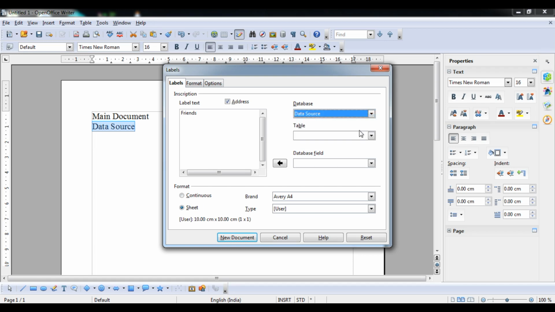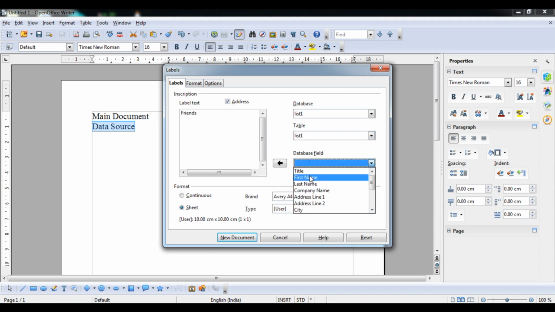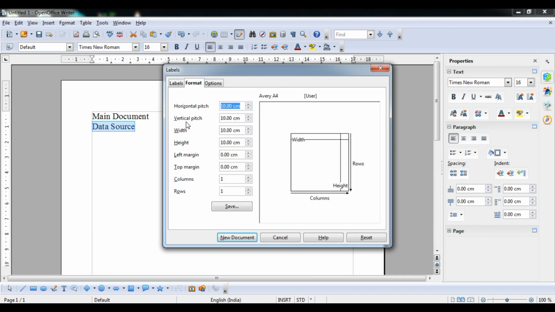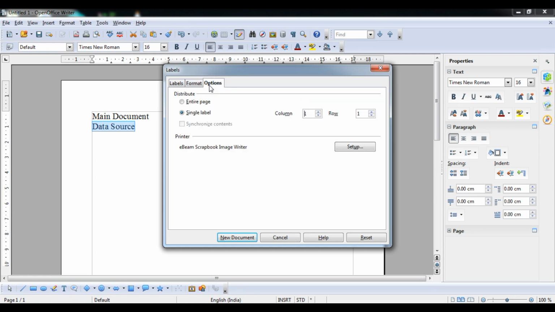There are a number of data sources available, if you have created them. Suppose I have created a list, my friend list, which is a table, with data fields like Mr., Mrs., first name; everything will come here. Second, Format means the position where you are going to place your label, according to the height and row in centimeters. Then you choose the entire page or a single label. Otherwise, if you already have it, just synchronize it. So we have to understand how to do that.